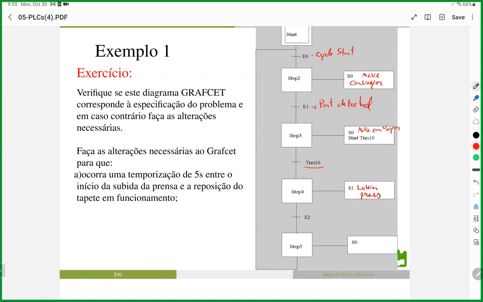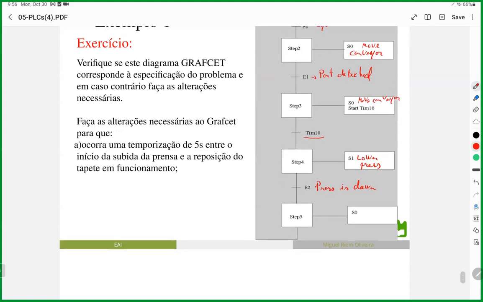When do we know that the press has finished, has gone all the way down? When center E2, which detects if the press is down, is active. So once this happens, you know the press is all the way down, so you can go into step 5, and in step 5,